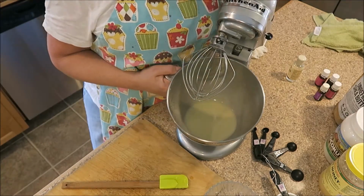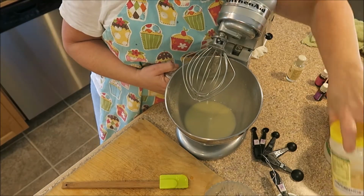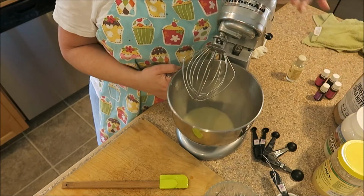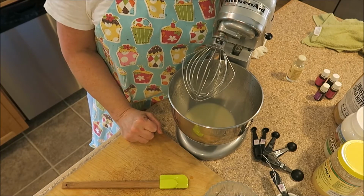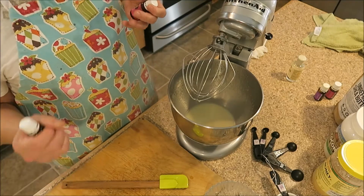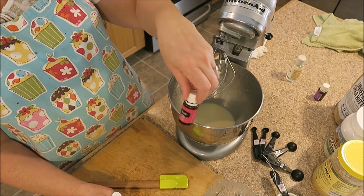Okay, you're going to see that it's no longer frothy, but it is quite white. In fact, it is almost the color of my honey. And right now is when I'm going to add my essential oils. So the ones that I'm going to be using is, I'm not even sure how to pronounce this other than it's patchouli,